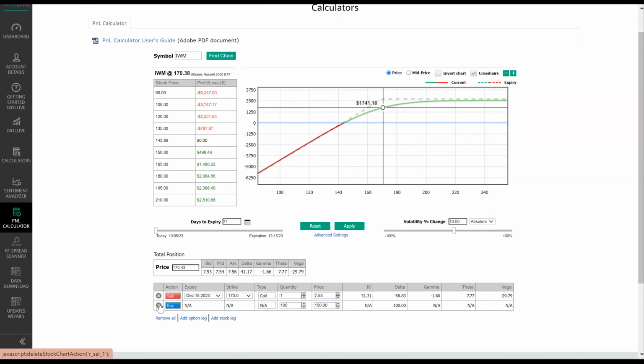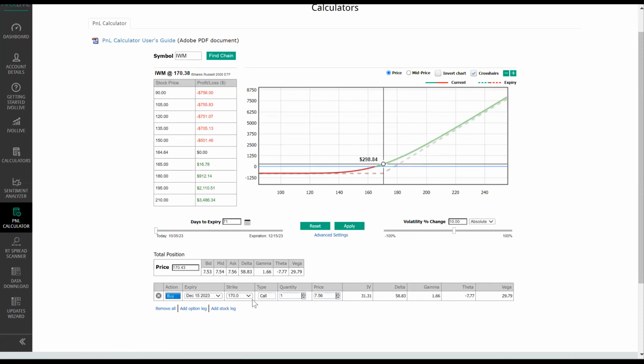Let's look at 2 spread trades, right? So let's do a straddle. Let's say we bought this December 15th 170 call. So in this case, when it's a naked leg, this is what we need to happen. We need the IWM to move higher. If we add an option leg and we say, well, wait a minute,